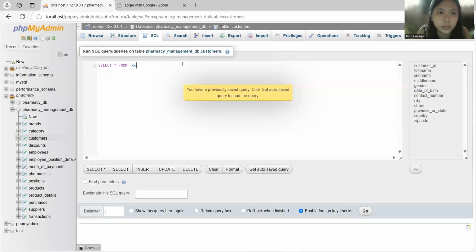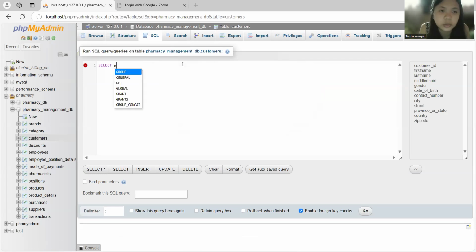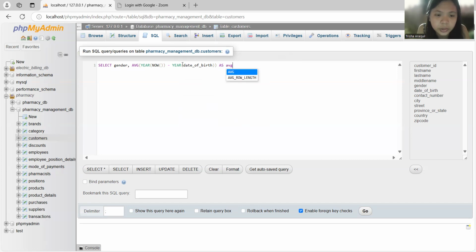So first thing to do is to select the gender, the average of year, and now minus year, date of birth, as the average age,